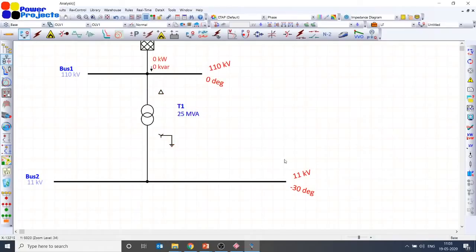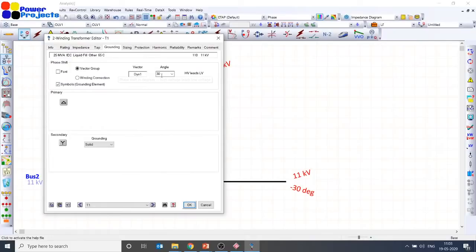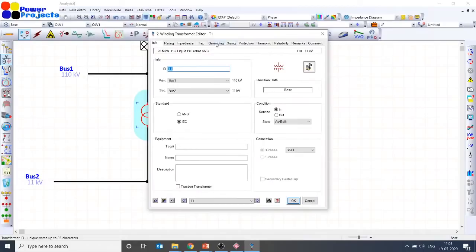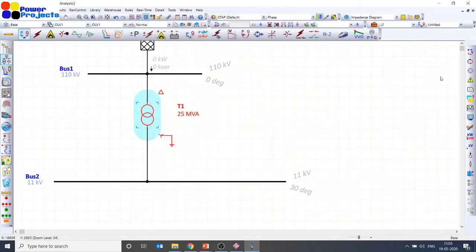But now you can see, yes, when the grid is at 110 kV angle 0, the LV voltage is 11 kV but at minus 30 degrees. That's because of the winding configuration I have selected. I have selected DYN1, so the HV leads the LV by 30 degrees. So now the LV result is minus 30 degrees, that is, lagging the HV by 30 degrees. So the vice versa is also possible. I can go with DYN11. In this case, your LV voltage leads the HV voltage by 30 degrees. This is not the only configuration which is possible. Of course, you can go with DYN3, DYN5, DYN7, all possible combinations, right?